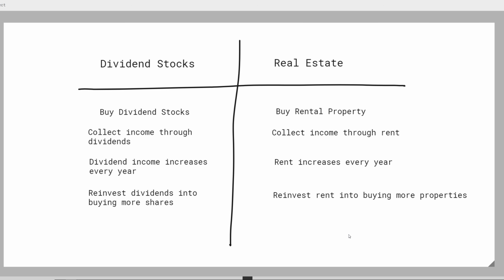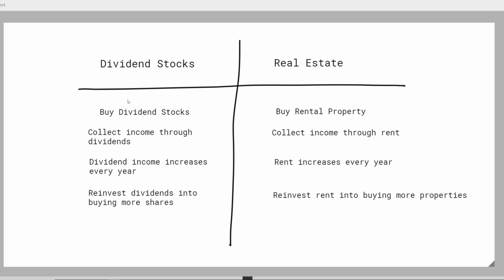That's exactly what my dad did. At one point, he owned 7 different rental apartments, and he did this by reinvesting the income that he was getting back into other properties and back into themselves to do upgrades and different things so he could charge more rent. So reinvestment is the same with real estate. You're getting continual income, you're reinvesting it back into the properties and to buy more properties.